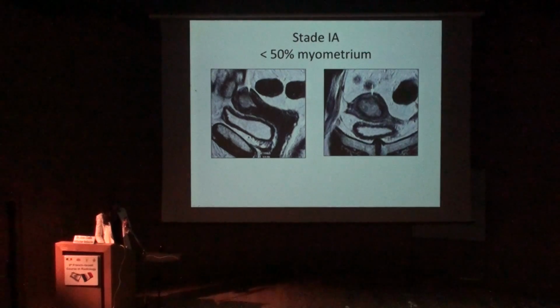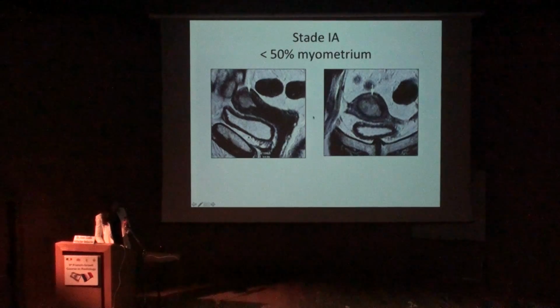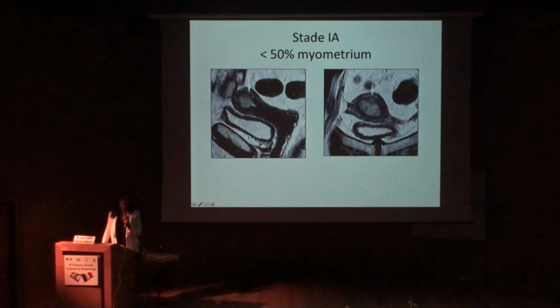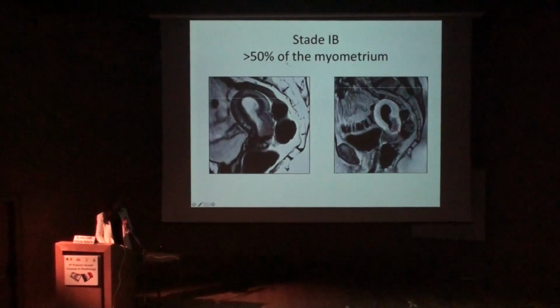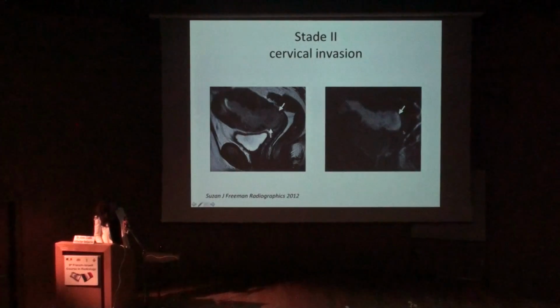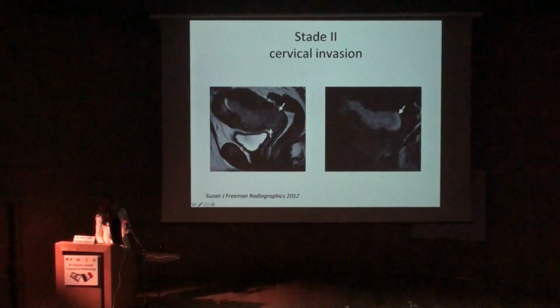Here you have an example. The lesion is just near the junctional zone. The junctional zone is this dark line here, which represents the inner third of the myometrium. And when you don't have the crossing of this junctional zone, you are sure that it is less than 50%, as you can see here. Here you have an example of an invasion superior to 50%. As you can see here, with injection, it is easier to limit the border of the lesions. Here is another example where the lesion crossed the serosa of the uterus.